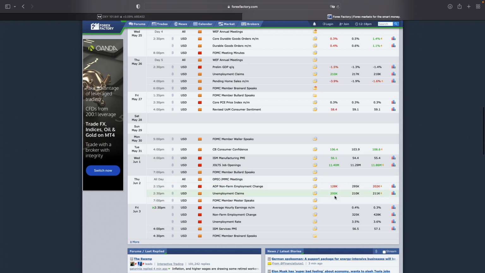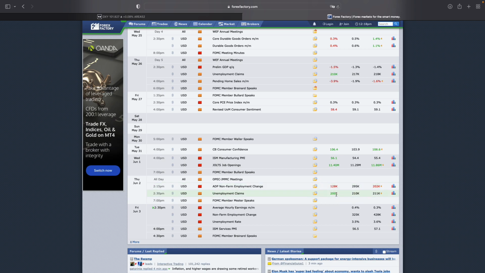It was good to see that the numbers that pulled through yesterday were sitting at 211k. What we saw yesterday, the market, or investors, anticipated 210k. However, the unemployment claims actually came through lower than expected, meaning that fewer people, about 10,000 fewer than they were hoping for, actually filed for unemployment claims.